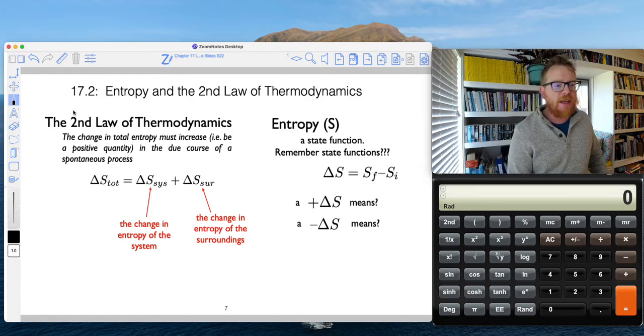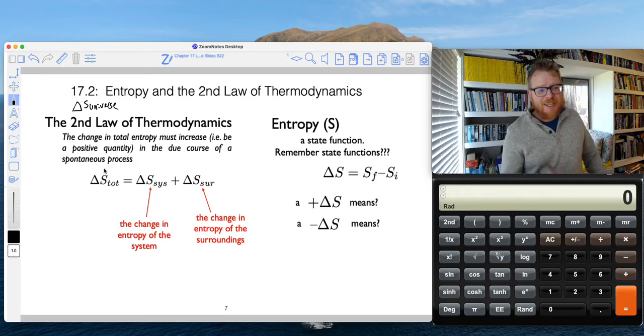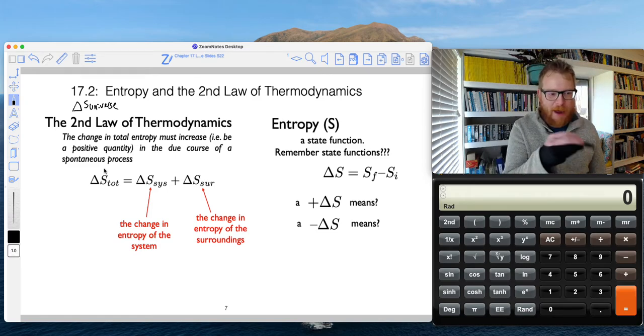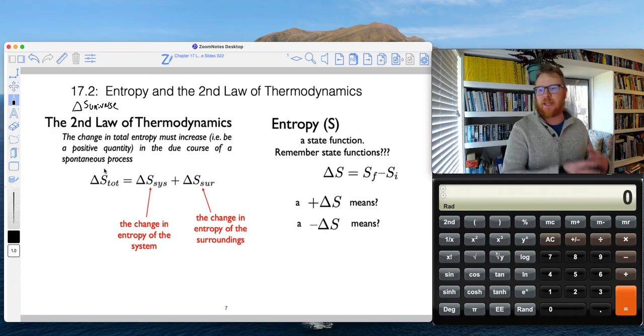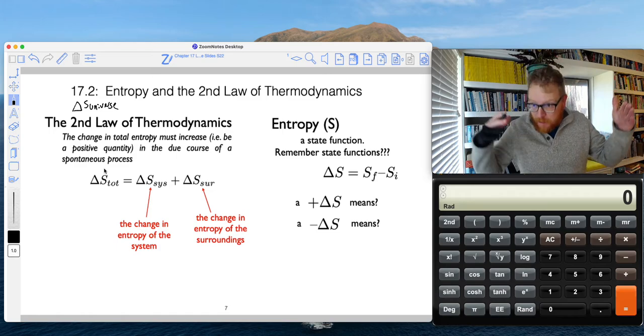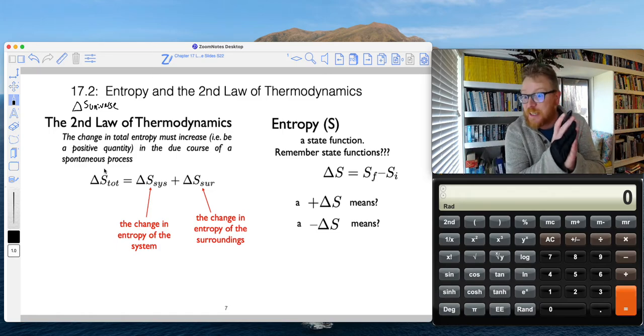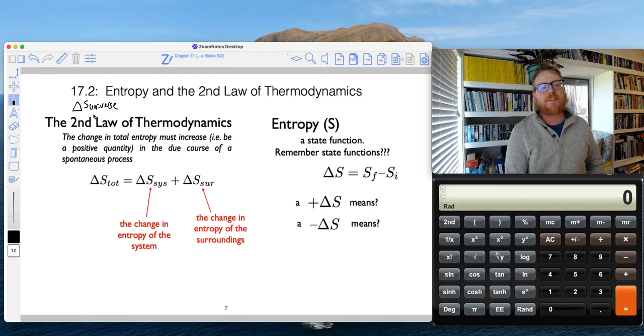Well, often we see in books and even in our textbook that they talk about total entropy as the entropy of the universe. To me, I think this is a little bit misleading because when I think about the entropy of the universe, I start thinking about the Big Bang and galaxies and all that other stuff, when we really want to be thinking about molecules and chemical reactions. So you often see textbooks call total entropy the entropy of the universe. I just like to call it S total.